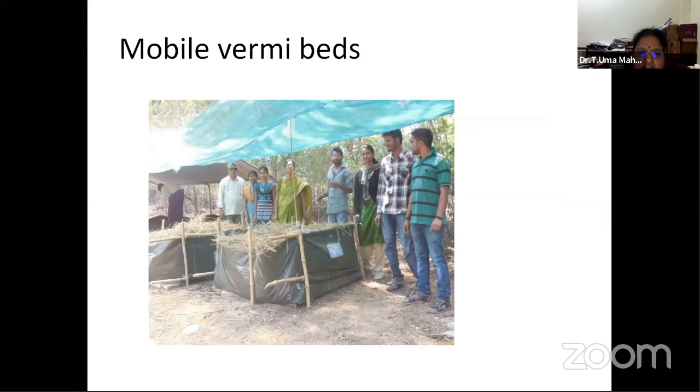And nowadays, mobile beds are also available, which we get from plastic wholesale people, or even the Government of Telangana is also supplying such type of mobile beds, which come in sizes like 4x2, 4x4 or 12x2. Different sizes are there which can be placed for 1 year. You can use them and you can throw them away, and purchase again. So such type of mobile beds are also available in the market. Wherever there is a shade, you can use them and produce vermicompost. So these are all the things.